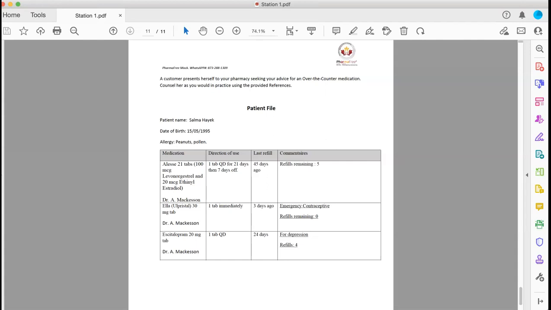If you decided to dispense as well, I can see that it's not a bad action either, because she had a recent prescription, and the medication was very well tolerated and it was good. So some of you would recommend dispensing Ella one more time for an emergency situation. I believe this would not be a bad action either. But Ella is a prescription medication, it needs a prescription. It would be better to refer to get a prescription. No refills on the prescription.